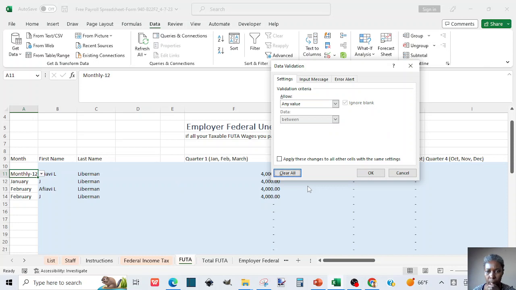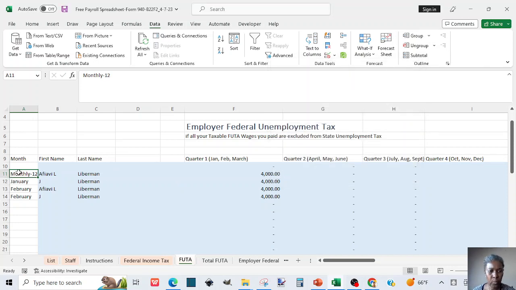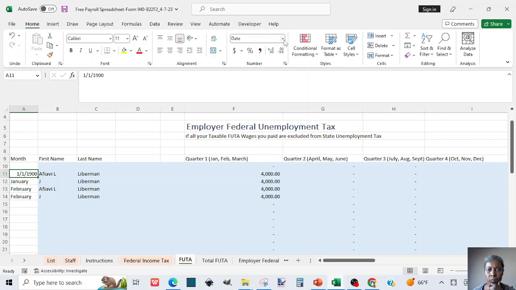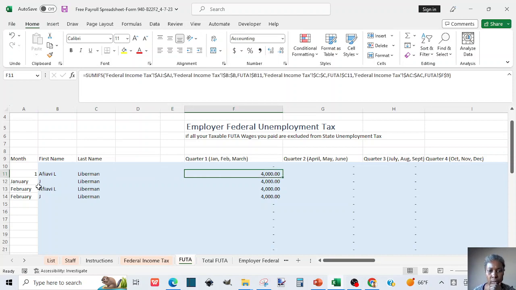Clear it. Okay, so let's put one there. Let me see how that will work. Oh, it's going to be general. Okay, so if we put one,